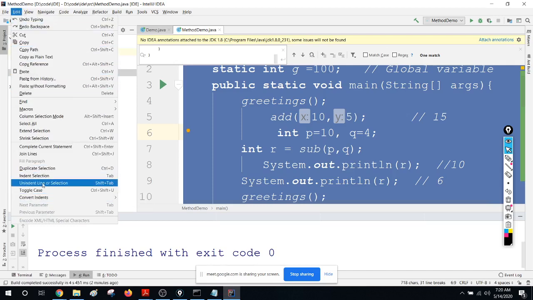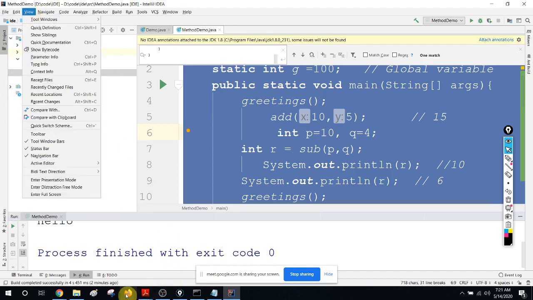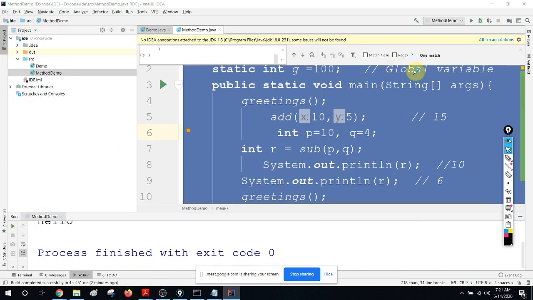Can someone who is using IntelliJ tell me what the shortcut is? Select all is Control A. So there must be a shortcut. We'll do a quick Google search.